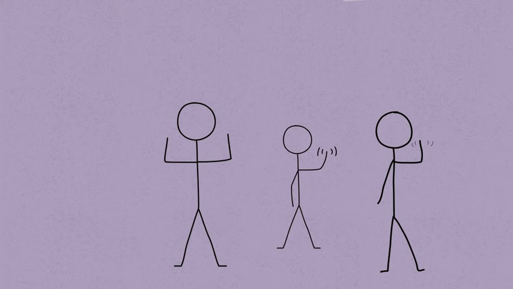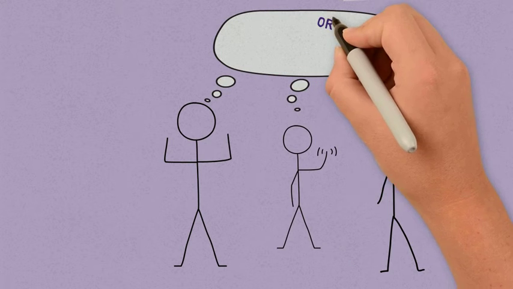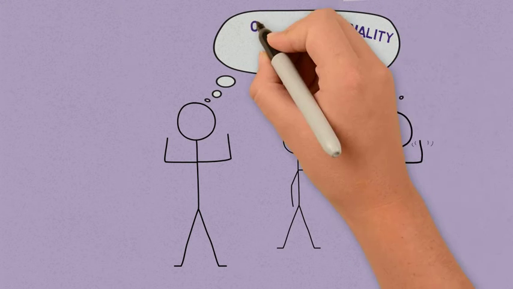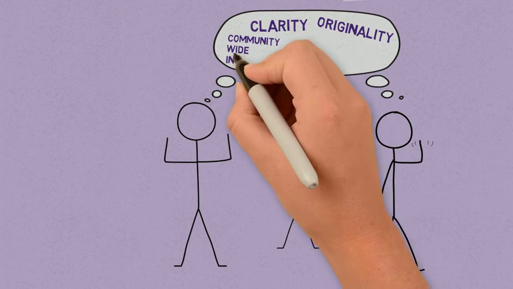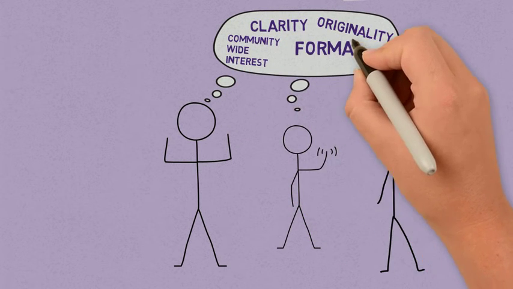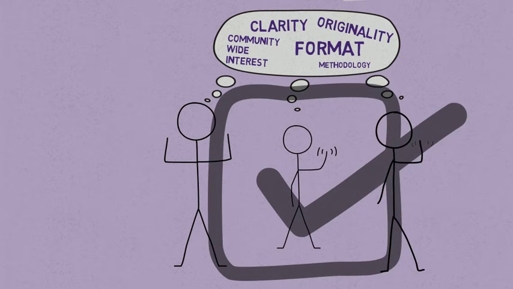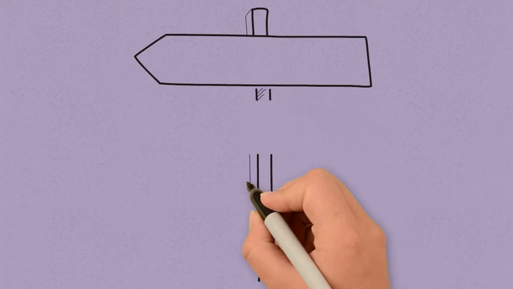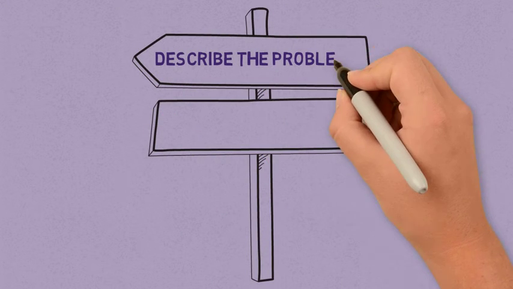The reviewers and the committee are all looking for the same things: originality, clarity, interest to the community, format, and where appropriate, methodology. Managing to achieve all of these aspects means your paper stands an excellent chance of getting accepted. Writing an abstract can be hard though. 500 words isn't a lot, and structuring your work in the following way can help.